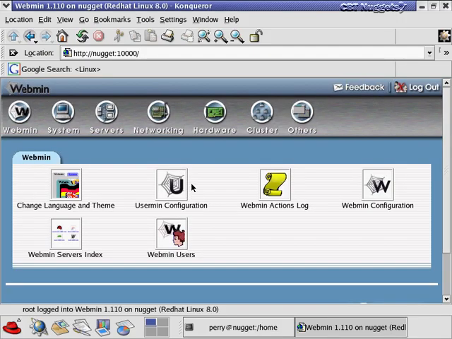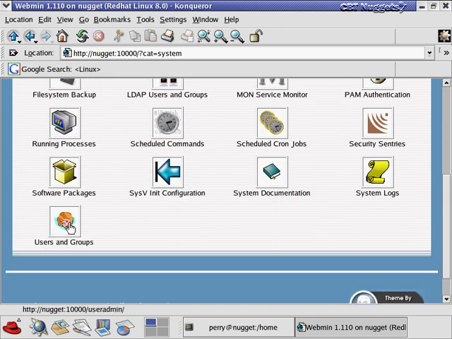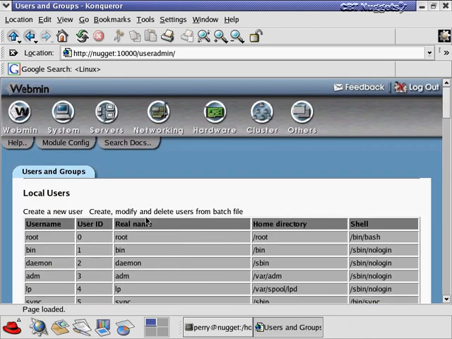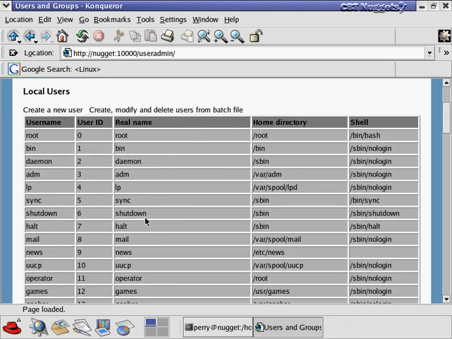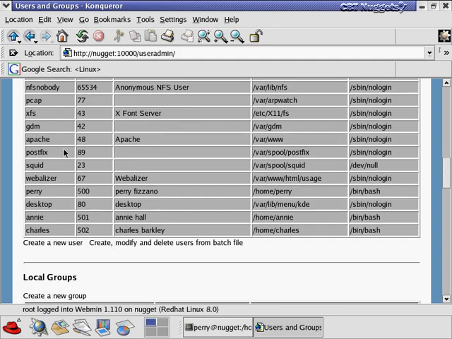Now if I want to do user account management, I go up here to the System tab, and then under there, if I scroll down, I can see this thing, Users and Groups. Okay, so I click on that. Now what happens is all the local users on the system are listed here in this interface. Notice how many users are coming up here. And then you scroll down, there's tons and tons of users in addition to the ones that we created, Perry,